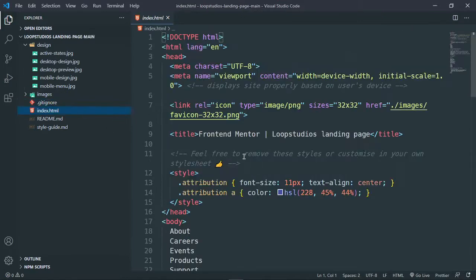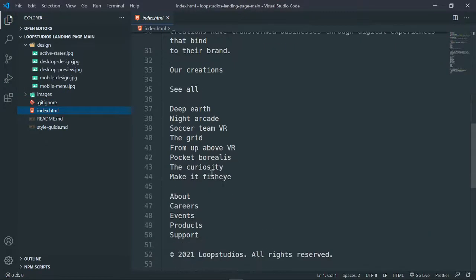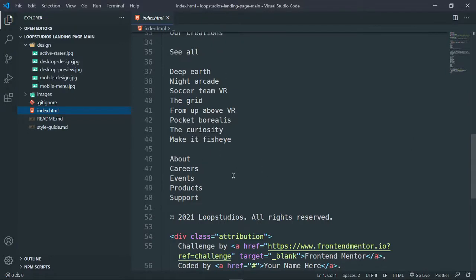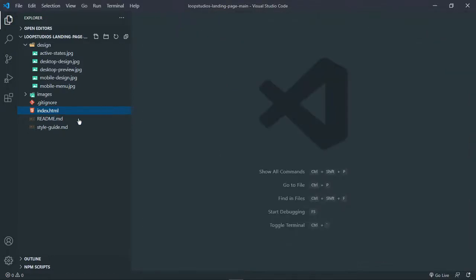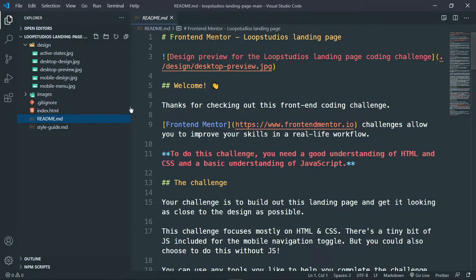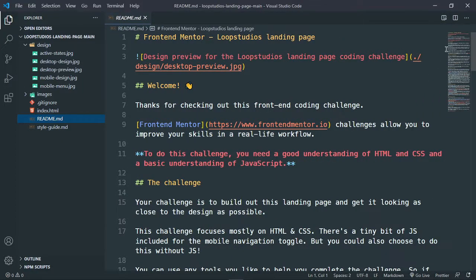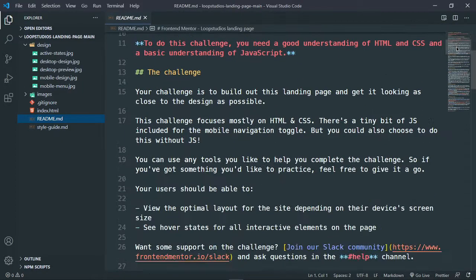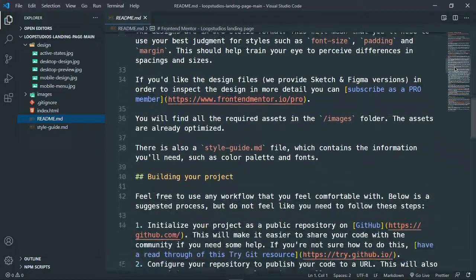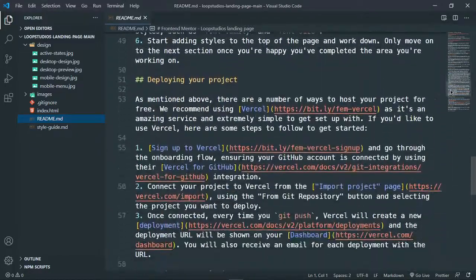And then this is the index.html, our boilerplate, because we don't want to keep on typing this over and over again. And then for the readme, if you need to go through this project, if you need to see the requirements, you can just go through this readme, and somewhere like oh